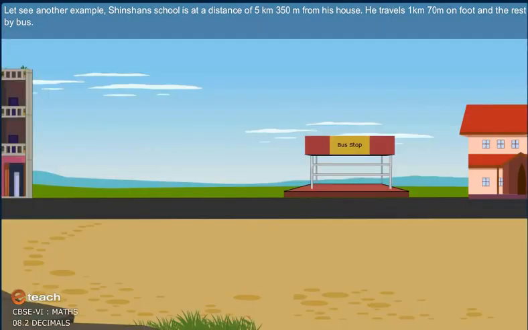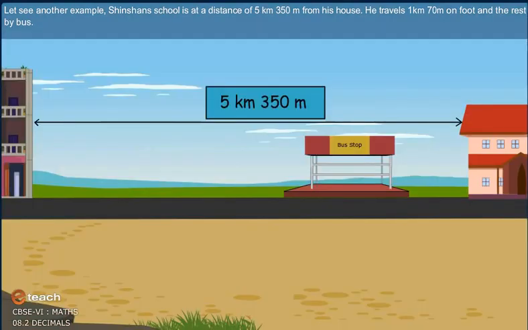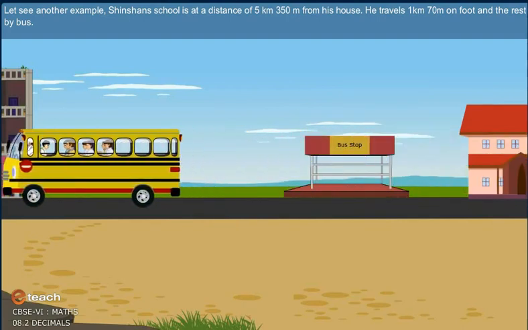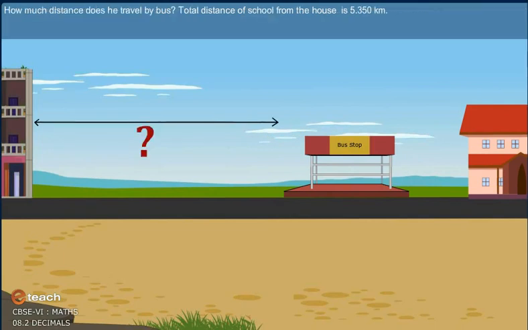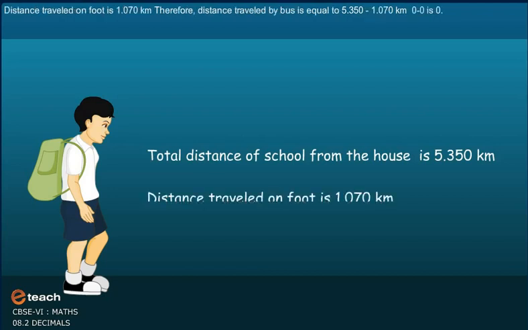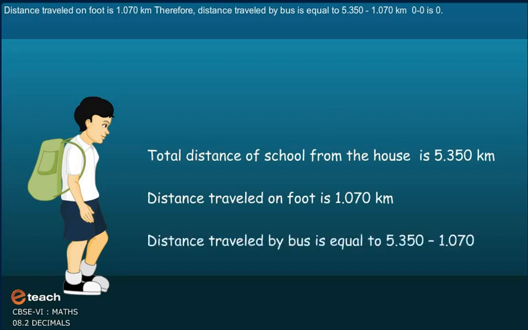Let us see another example. Shinshan's school is at a distance of 5 km 350 meter from his house. He travels 1 km 70 meter on foot and the rest by bus. How much distance does he travel by bus? Total distance of school from the house is 5.350 kilometers. Distance travelled on foot is 1.070 kilometer. Therefore, distance travelled by bus is equal to